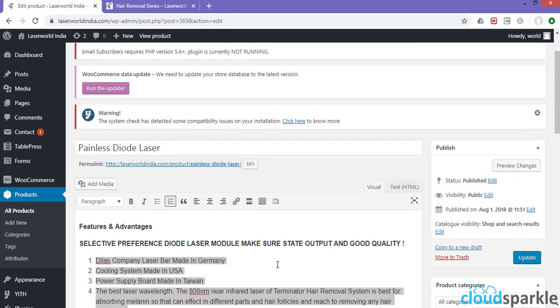After making any changes, whatever are required, right, we need to click the update button. So unless we have clicked the update button, the product changes will not be updated on the website. And if by chance you haven't clicked on the update button and you close the window, all the changes done will be reversed, right? So you need to click on the update button after making any changes. So this is how we can add, delete or edit a product on our website.